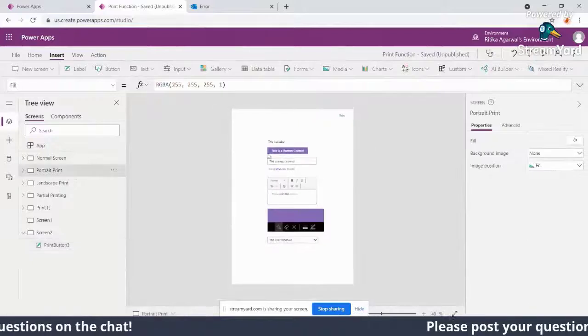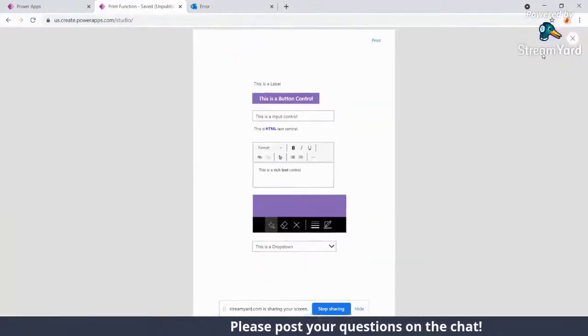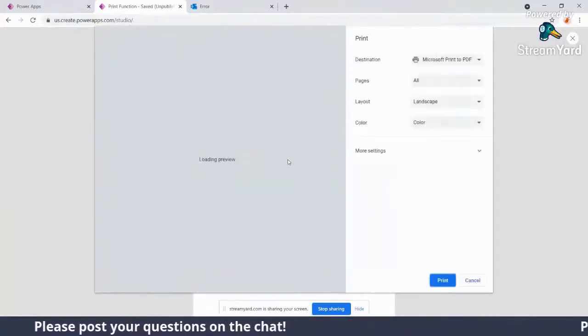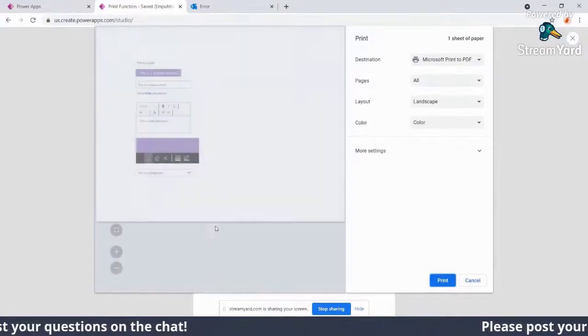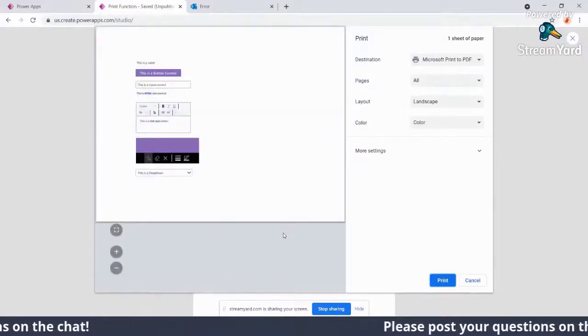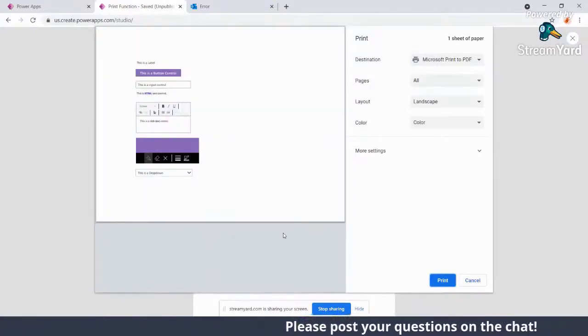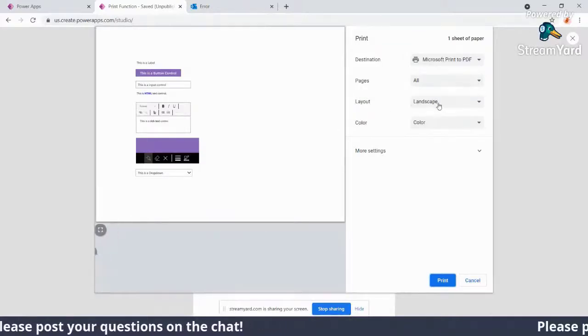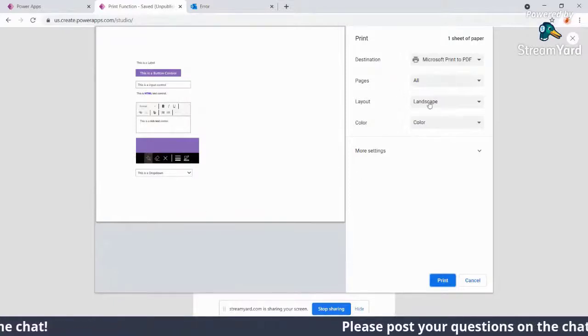So if I go back to my portrait screen here, I have added certain controls and I want to play it now. If I do print, it is going to capture whatever is there on my screen and then show it. One thing you should take care of while printing is that the default setting of layout in the print settings is going to be what you selected last.